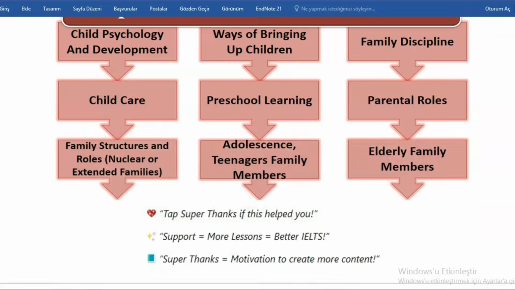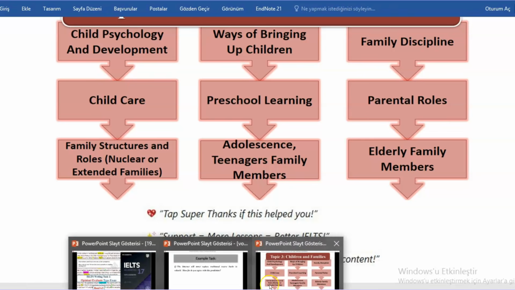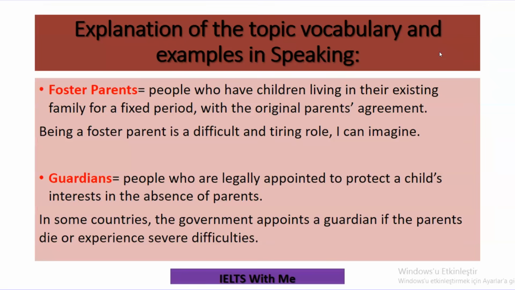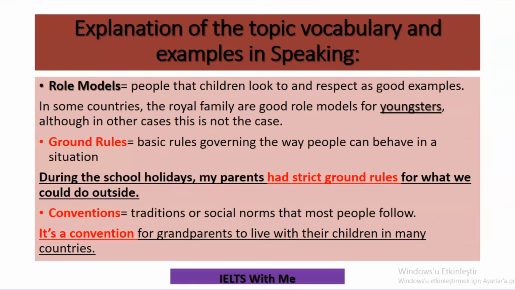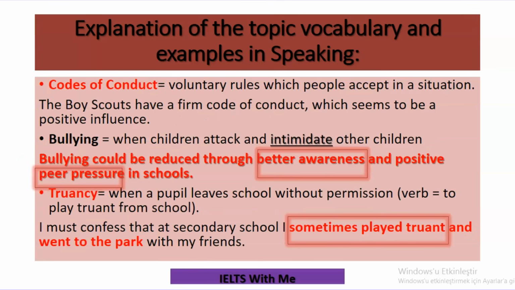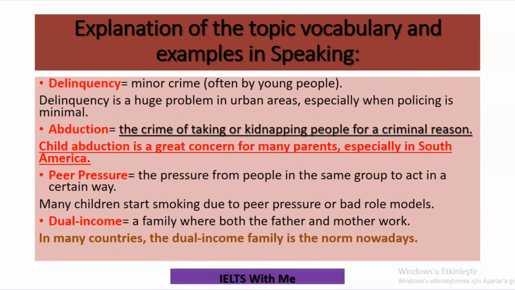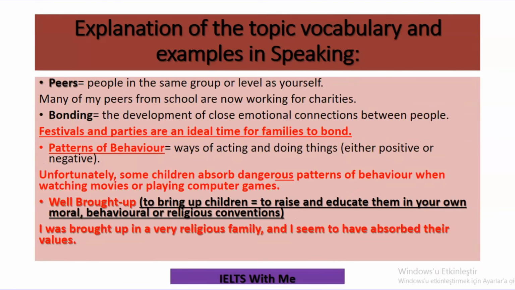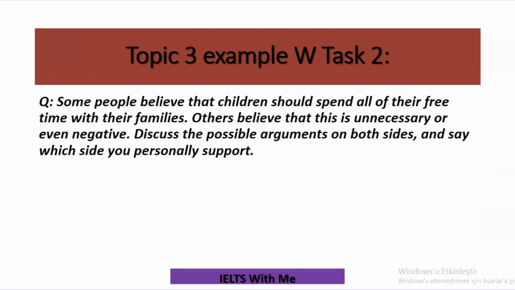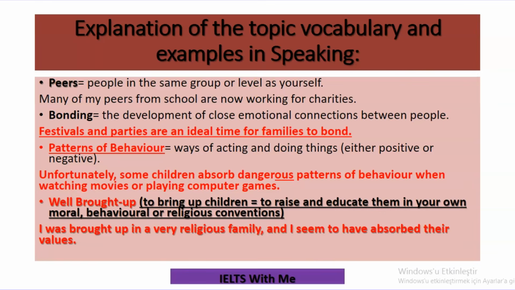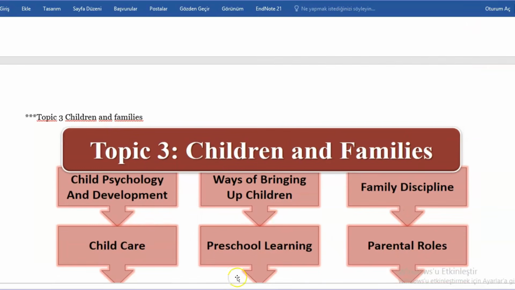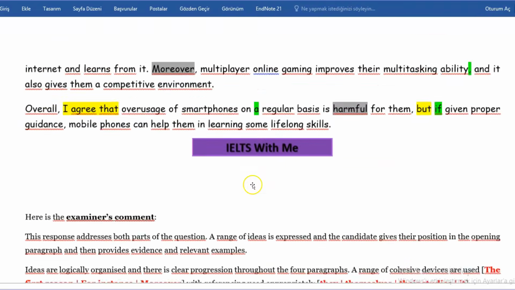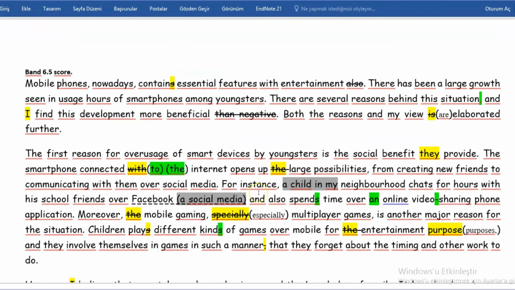And yeah, and the next topic is related to the topic of children and families, such as role models, conventions, codes of conduct, peer pressures, child maintained viable, abandoned, well brought up, and etc. Okay? And please remember that by the usage of these steps, you will be able to write band 7 and above